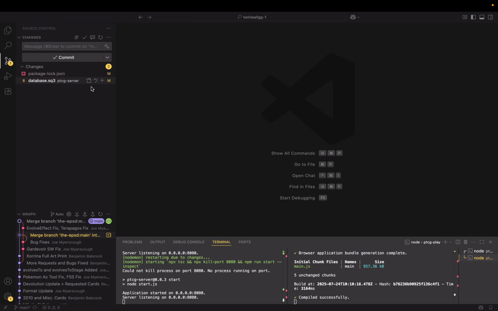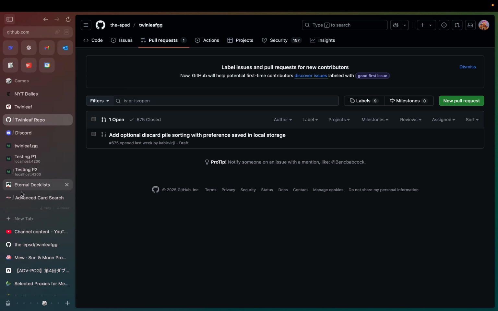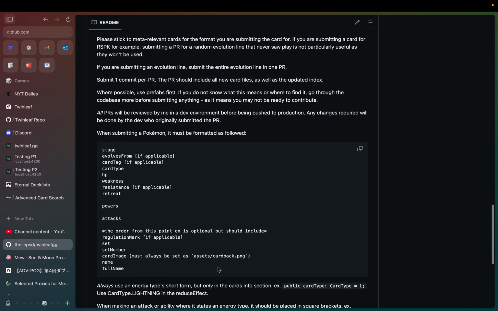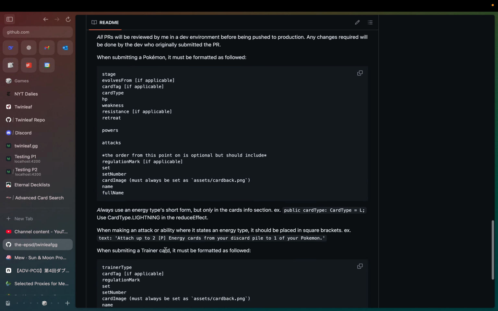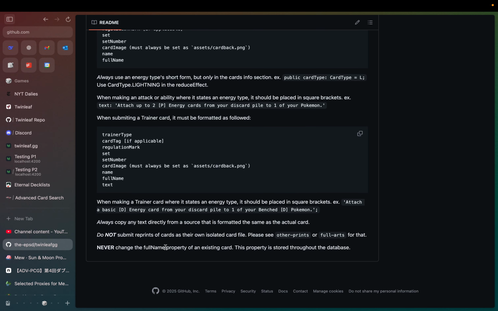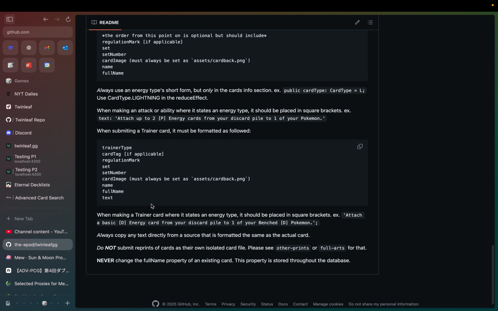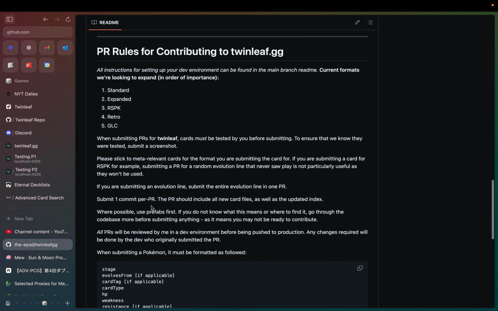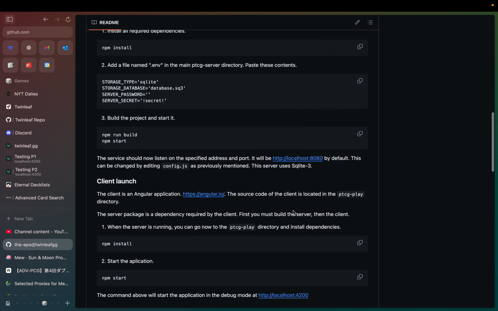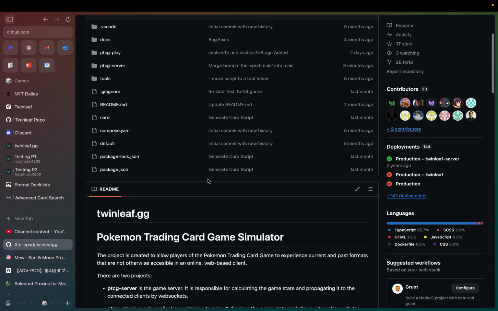Basically, whenever you add something, if we go to the README, I think further down, there's rules for contributing. Somewhere in here, you should read through all of this. Sorry, I'm still looking for it. Maybe it's not in here anymore. But basically what you should be doing